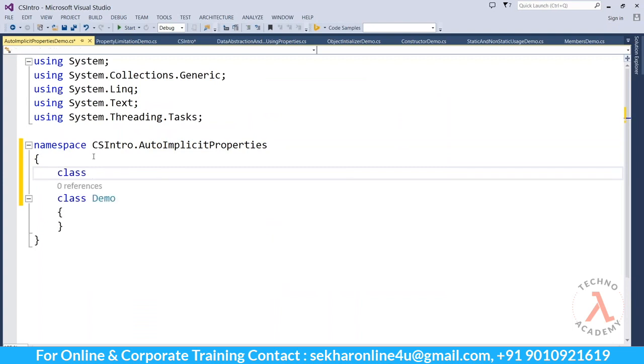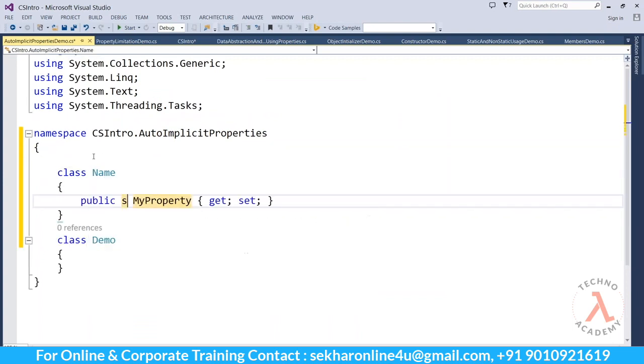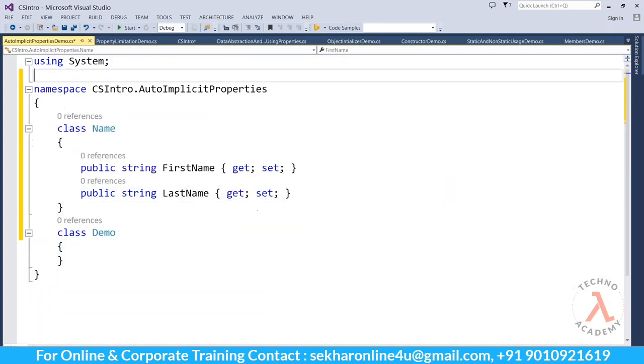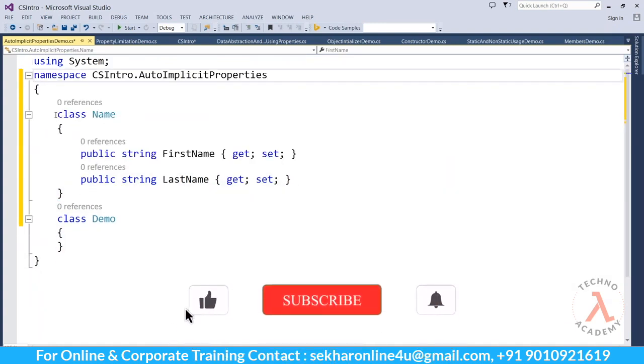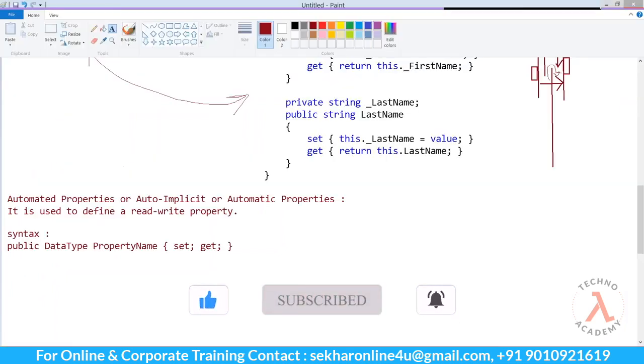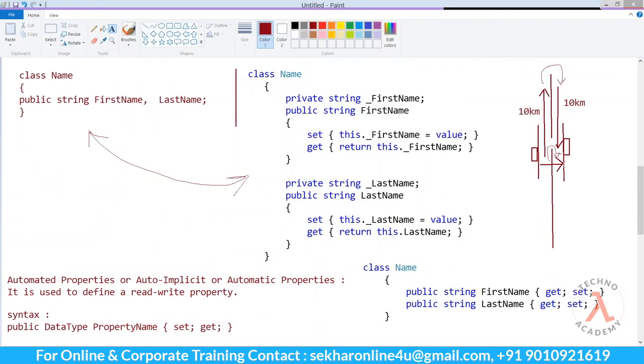Let me type in class Name, public string FirstName { set; get; } and public string LastName { set; get; }. Now just remember that this class Name and the code I have written in the previous program are both the same. So for this code, instead of a 10 kilometer U-turn, it is like a 100 meter U-turn has been provided for us.